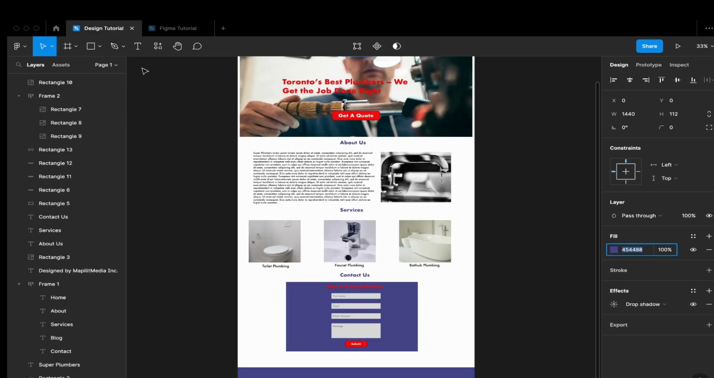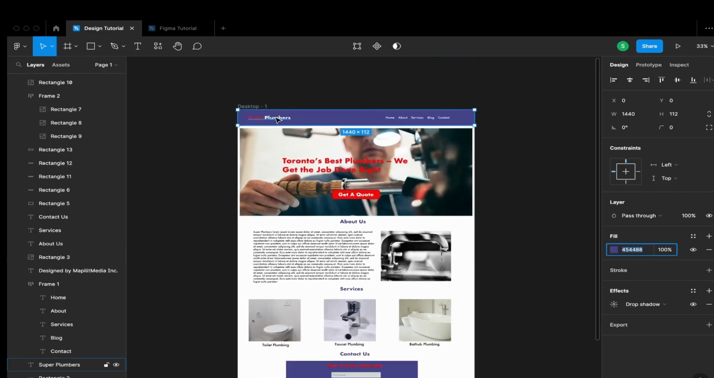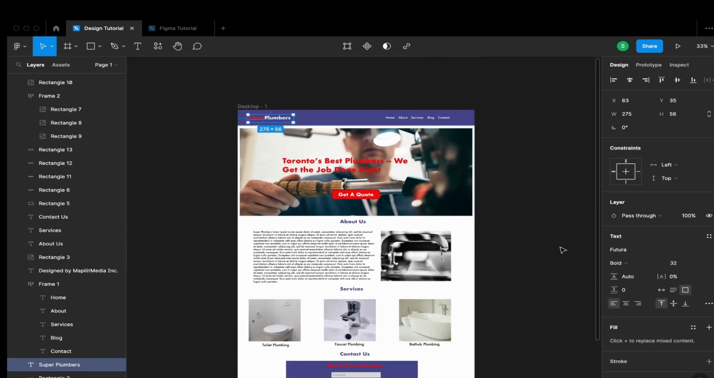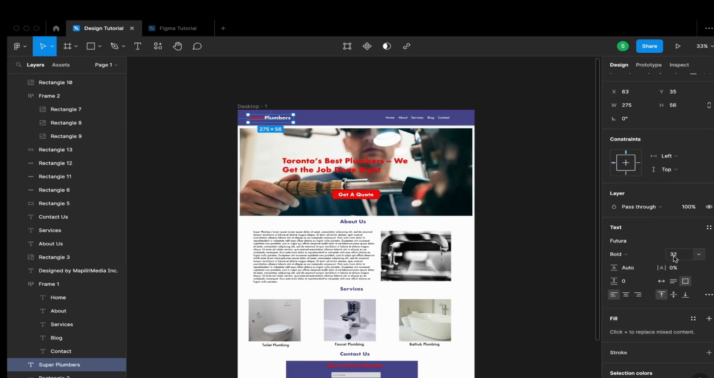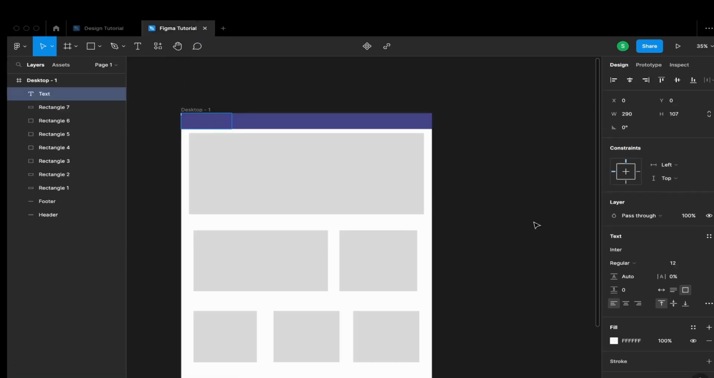And then what did we have on the main site? We have it at 32 bold Futura font. So let's do that. 32 bold Futura. Okay, and then we're going to write super